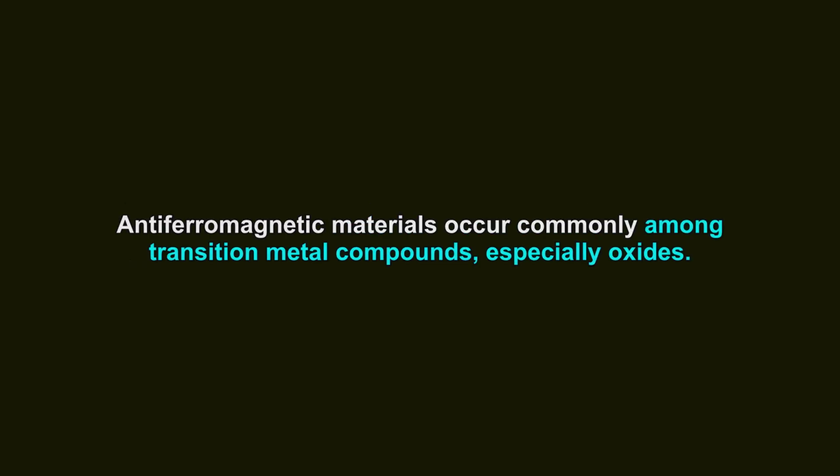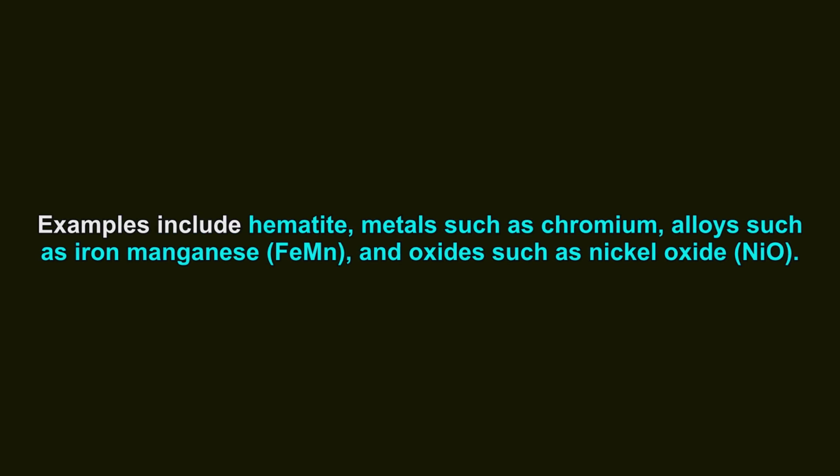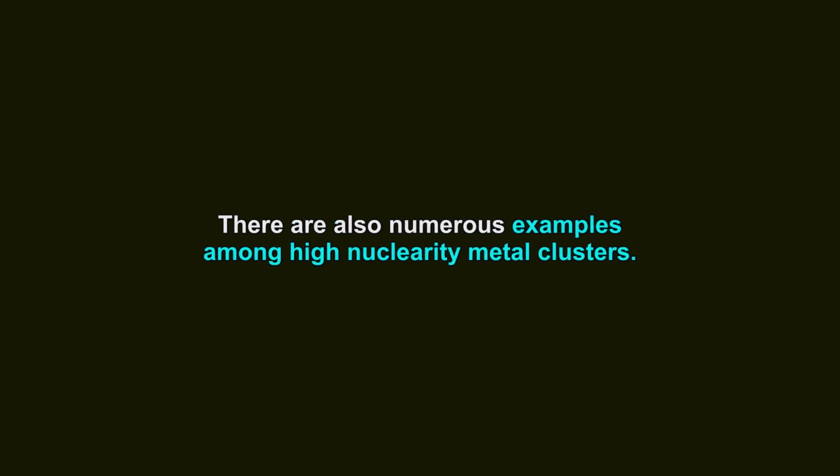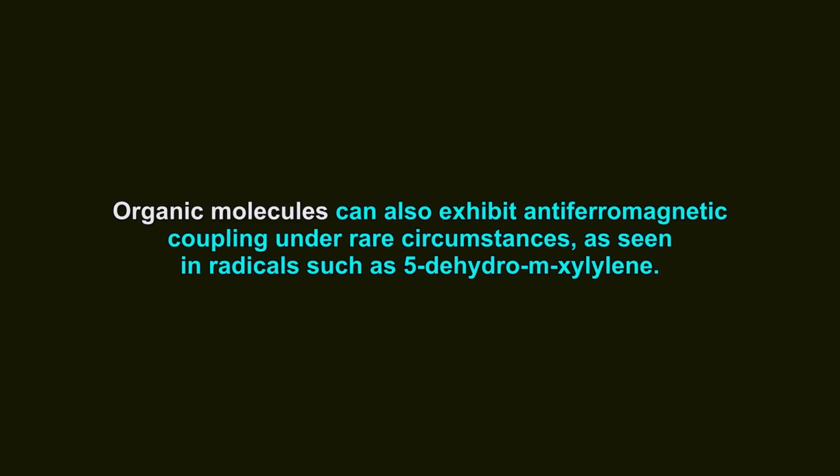Antiferromagnetic materials occur commonly among transition metal compounds, especially oxides. Examples include hematite, metals such as chromium, alloys such as iron manganese, FeMn, and oxides such as nickel oxide, NiO. There are also numerous examples among high nuclearity metal clusters. Organic molecules can also exhibit antiferromagnetic coupling under rare circumstances, as seen in radicals such as